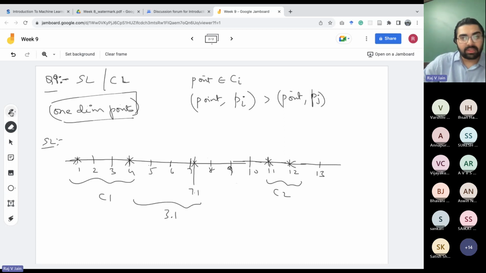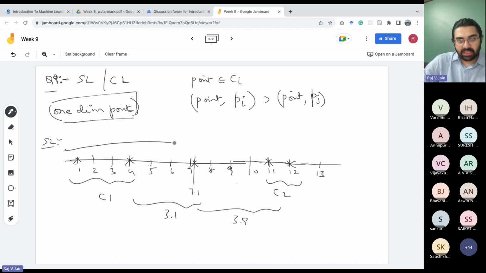How much? 11 minus 4, 3.9, right? So 3.9. So now what will end up happening? You will assign this third point to C1, right? So now the new cluster that will be formed is this cluster,